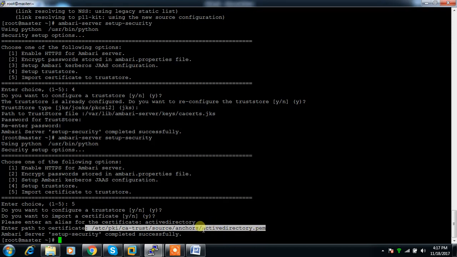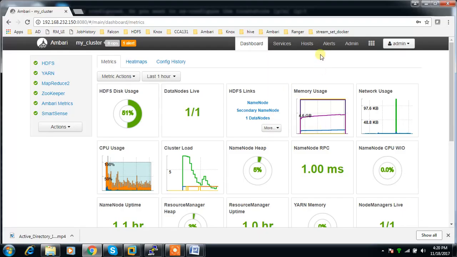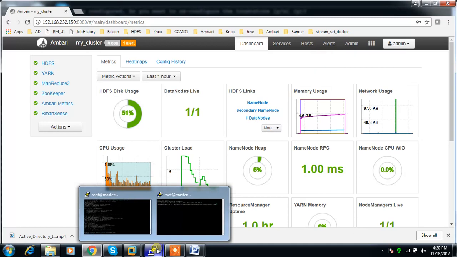So that's it. So now I have imported this certificate to my Ambari, so I can restart Ambari and continue. So service ambari-server restart. So then I'm ready to enable Kerberos, but before that what I need is to